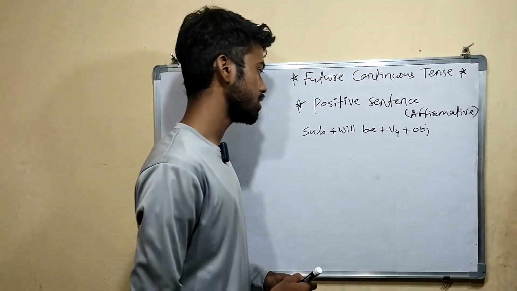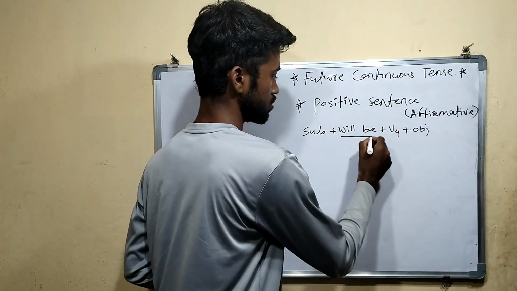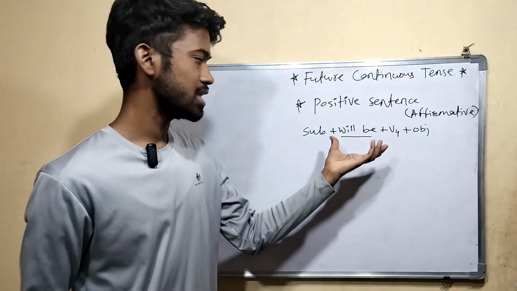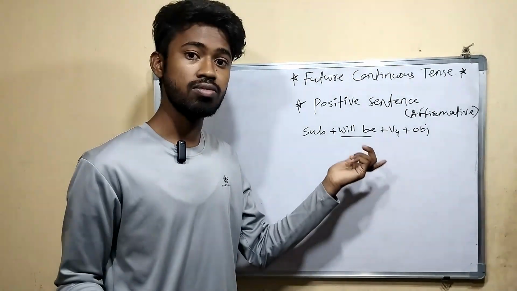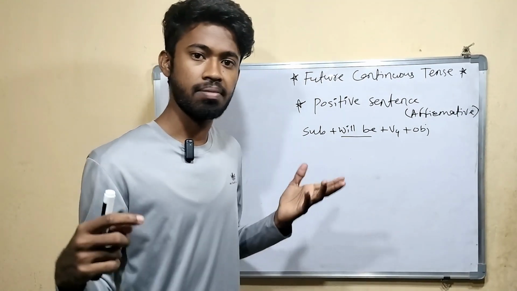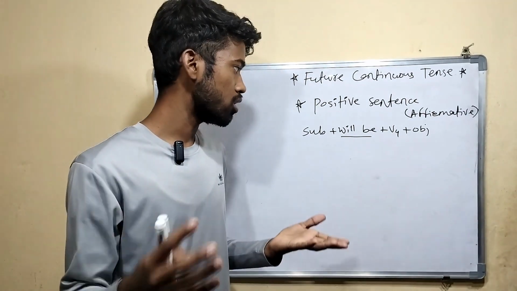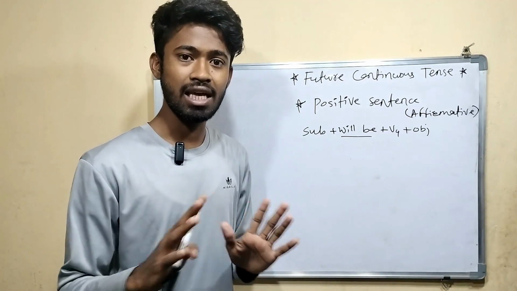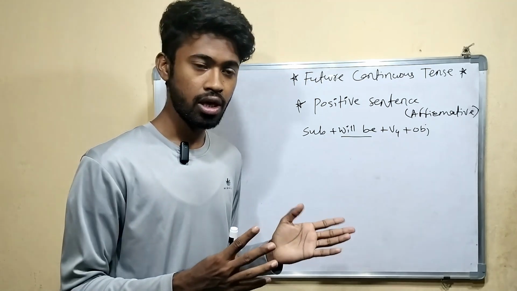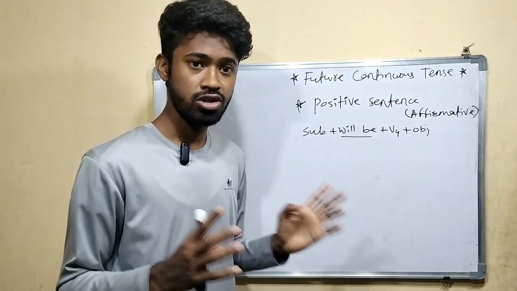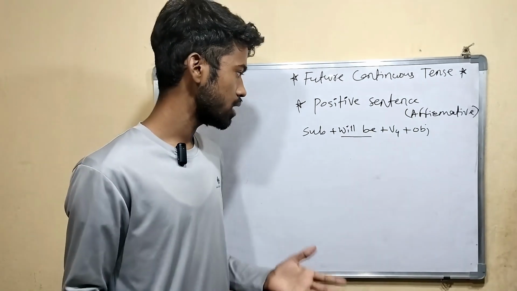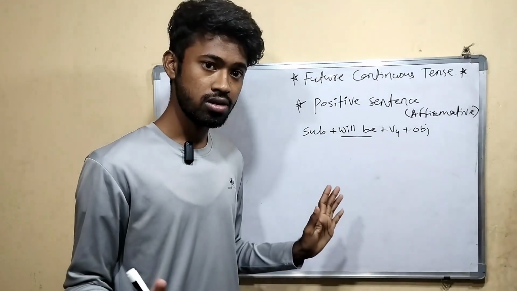What you need to remember here is that will be is the helping verb, and though there are two words, with all the subjects we can use will be. A subject may be singular or plural. With all the subjects we can use will be as the helping verb. There is no issue with that. We also discussed shall. We can use shall with I and we, but there is no need of that. No one is using it. First, you understand this.